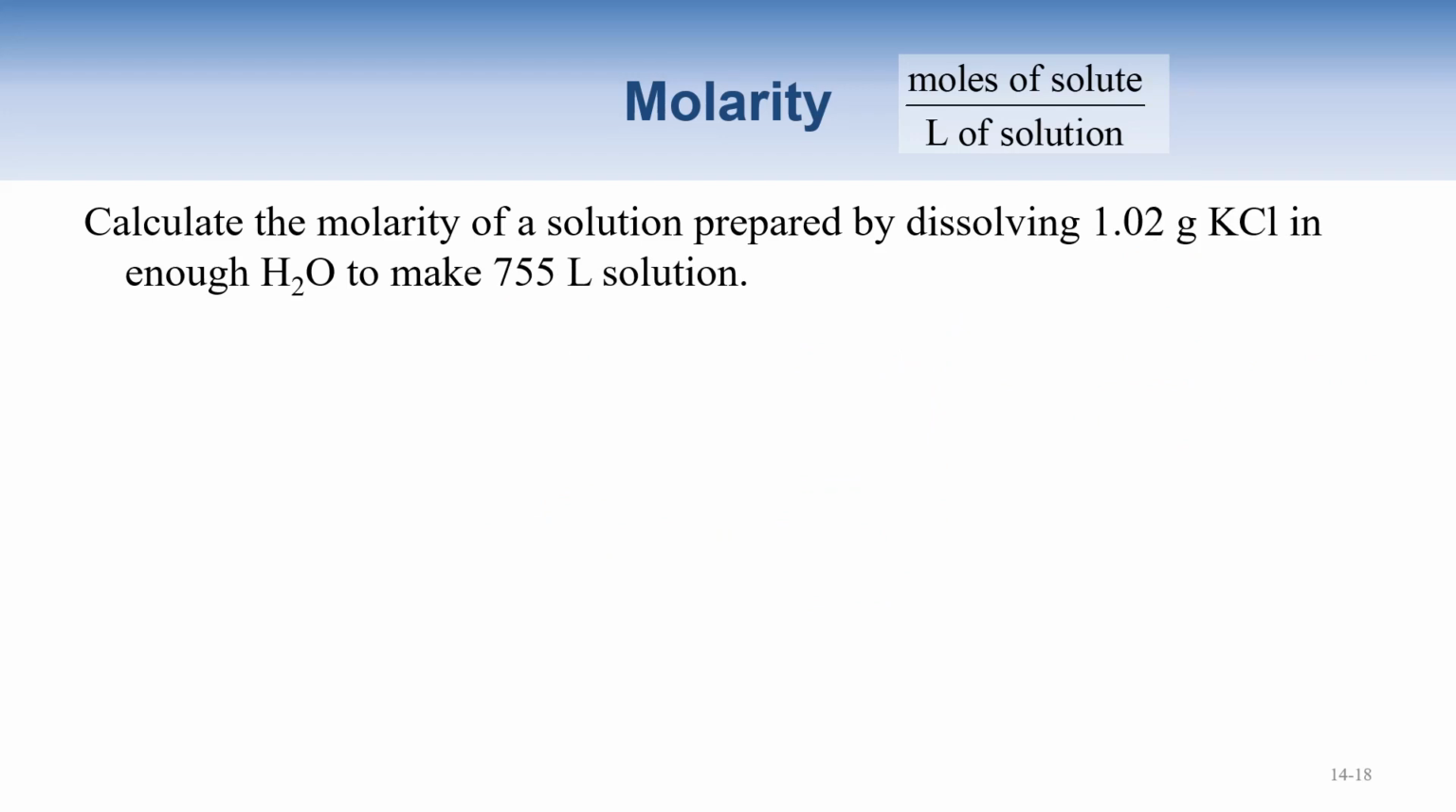Calculate the molarity of a solution prepared by dissolving 1.02 grams of KCl in enough water to make 755 liters of solution. So again, pause the video, work through this, and then we will do this one together. All right, so we look at this. We know that this has to be converted to moles, and this is in liters, so that one's okay. So 1.02 grams of KCl,